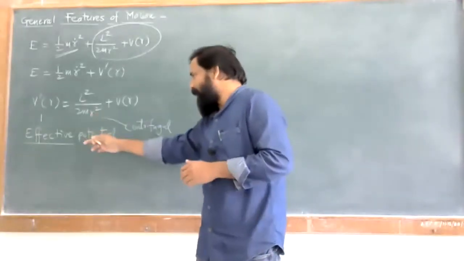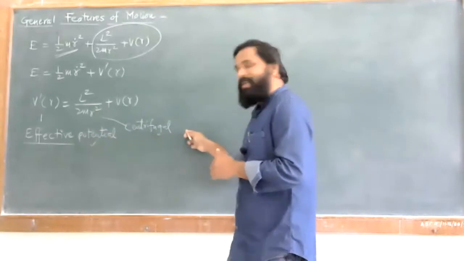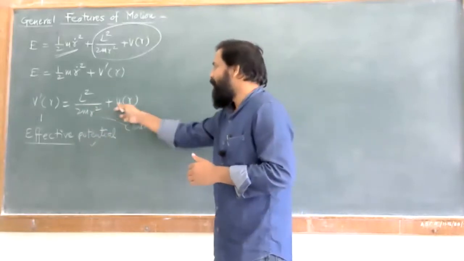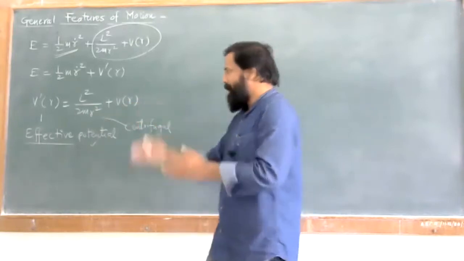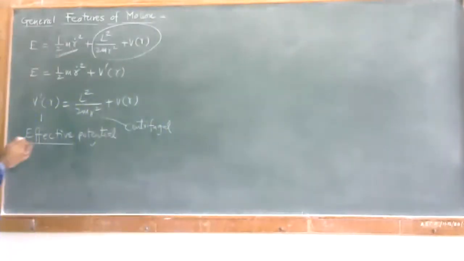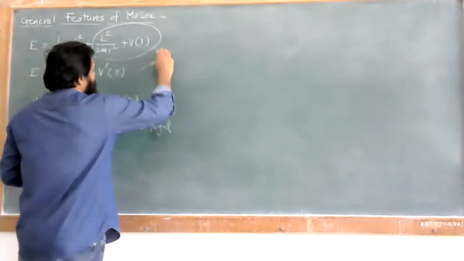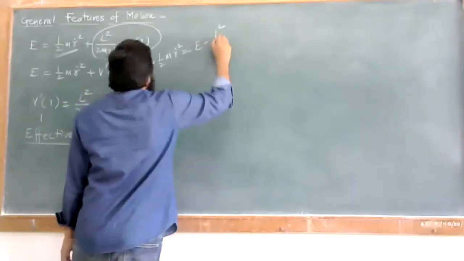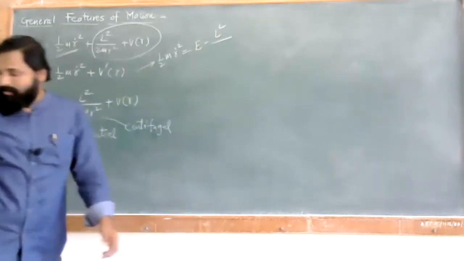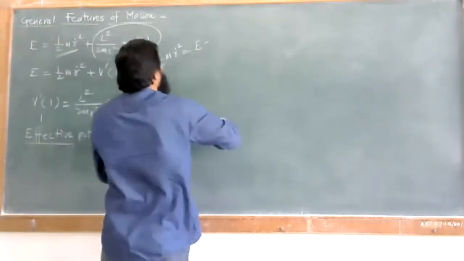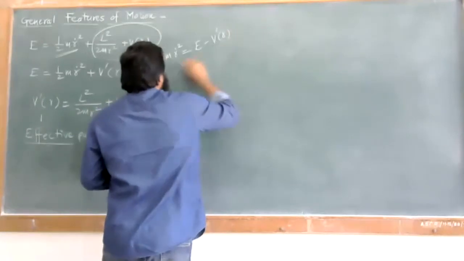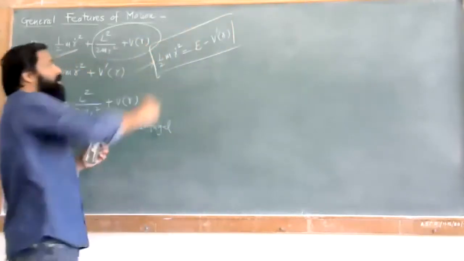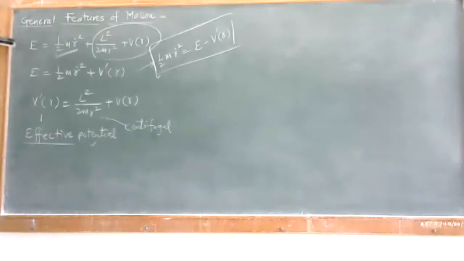So with respect to that, we have an effective force, we have a centrifugal force, as well as a central force. So we'll just check it out. What should be the actual value? Before that, we can just look at these conditions. From this, you can write 1 half m r dot square, that is nothing but the kinetic energy, given as E minus V dash of r. So whatever the kinetic energy is, we can also calculate, and 1 half m r dot square is equal to E minus V dash of r.